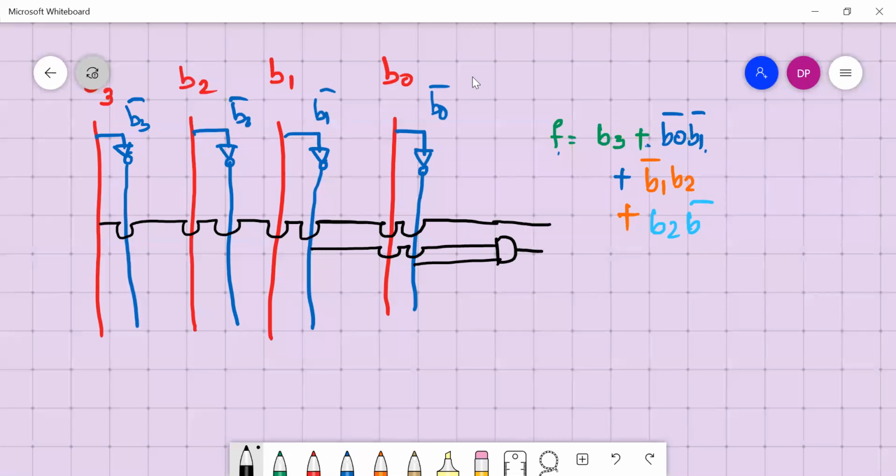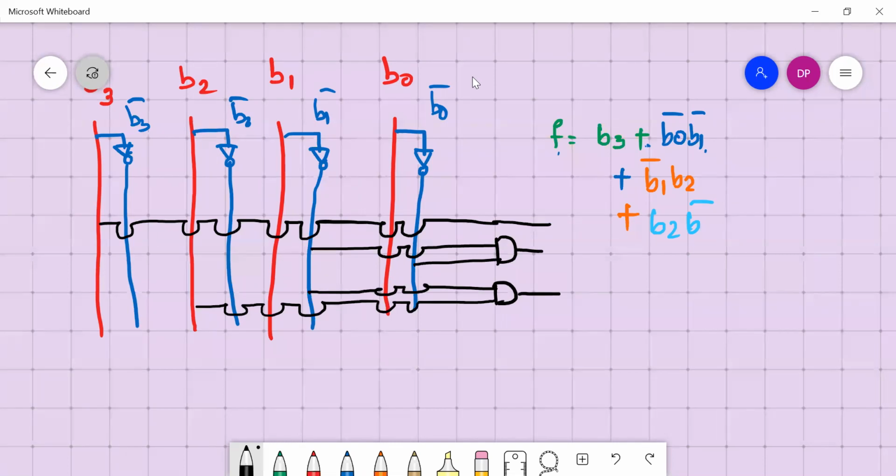Then B1 complement and B2: you take B2, then B1 complement, and AND of these.